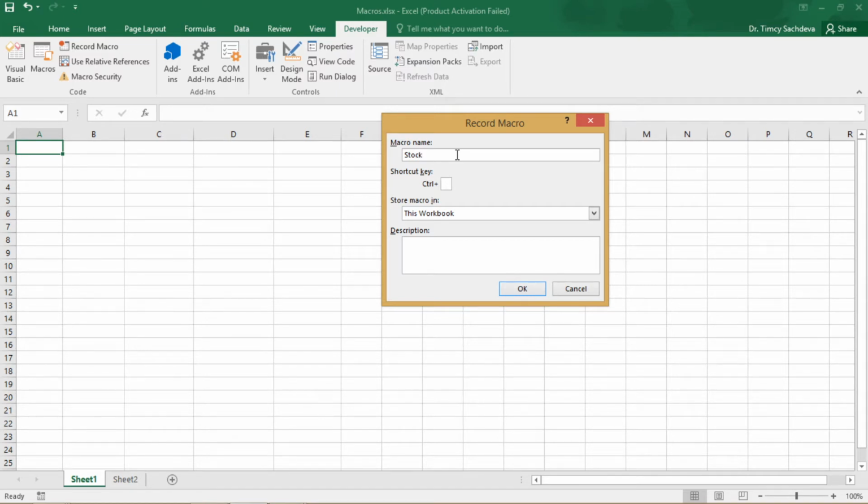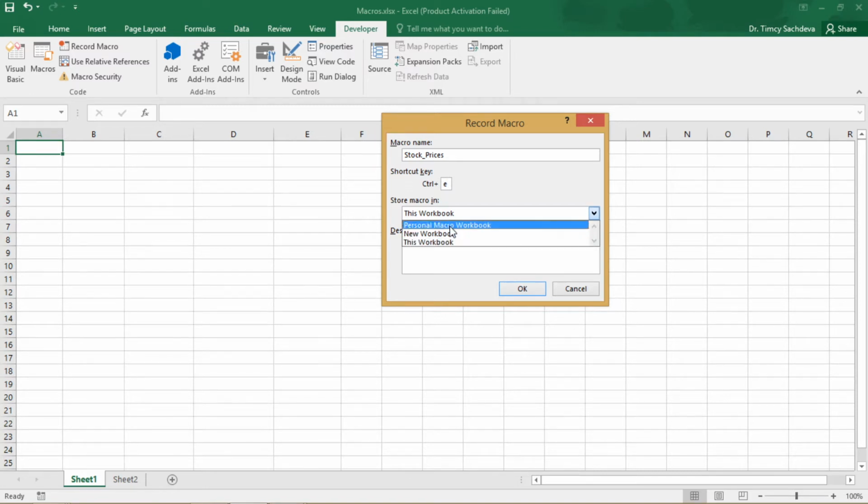Remember, there should be no space in between, so I use an underscore for naming. Then it asks you about the shortcut key: Control plus any key you can give. I will give E. Then where to store the macro, it will store in this workbook.